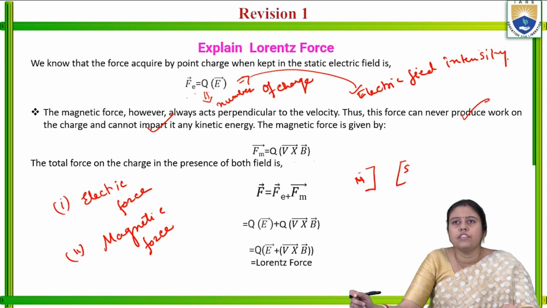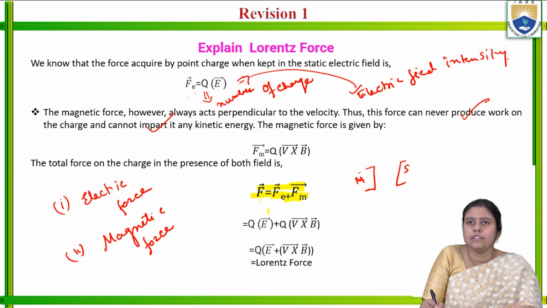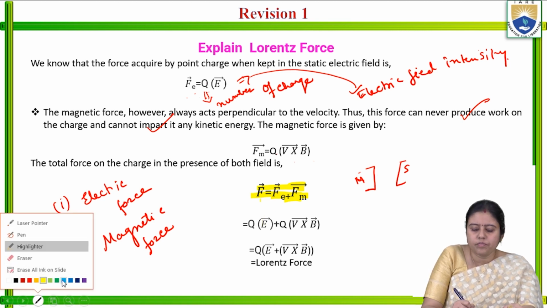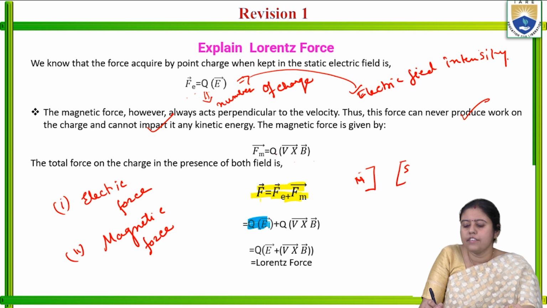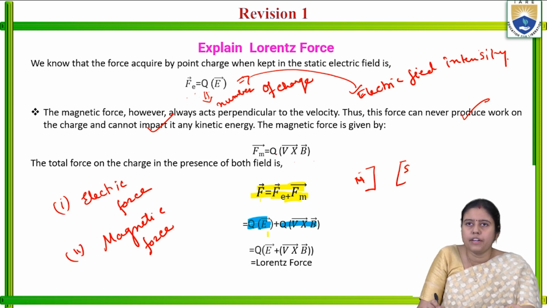So, Fm is equal to V cross B. So, what is the total force? The total force F is equal to Fe plus Fm. What is Fe? Fe is equal to qE, and what is Fm? q V cross B. So, if we write this, taking the q outside, q(E plus V cross B),